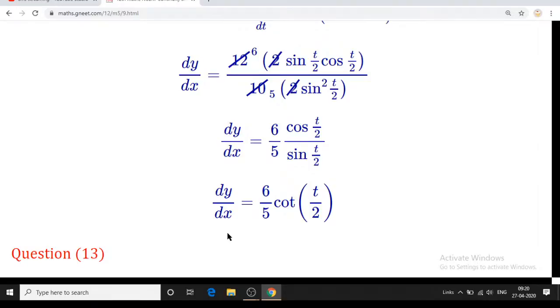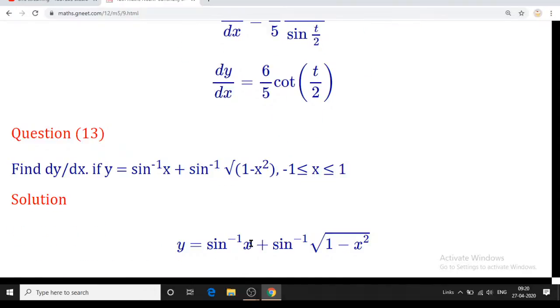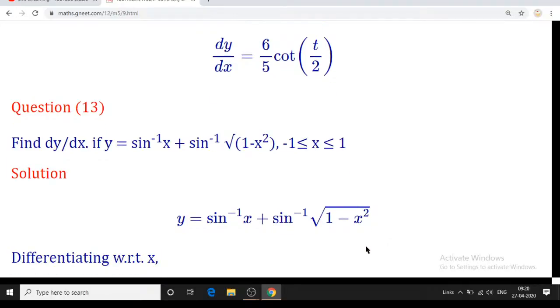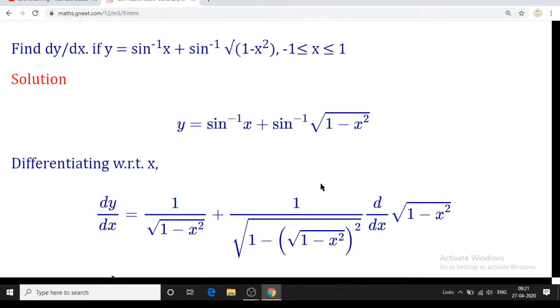Now the 13th sum. Here we can directly use the formula for sin inverse x and sine inverse of 1 minus x square. We are not going to use that, we can go with the simplification form, that is let x be sine theta. But when you take x as sine theta, this becomes theta. Here it will become 1 minus sine square theta, which is cos square theta, so it becomes a cos. Sine inverse of cos, then we have to write again, or we can go with the derivative directly. We'll go for the direct derivative.